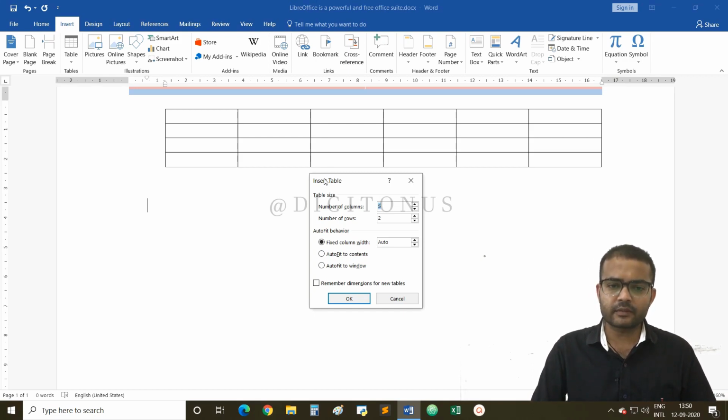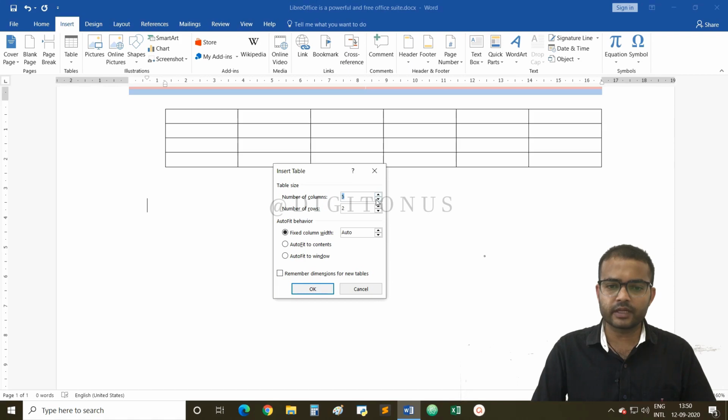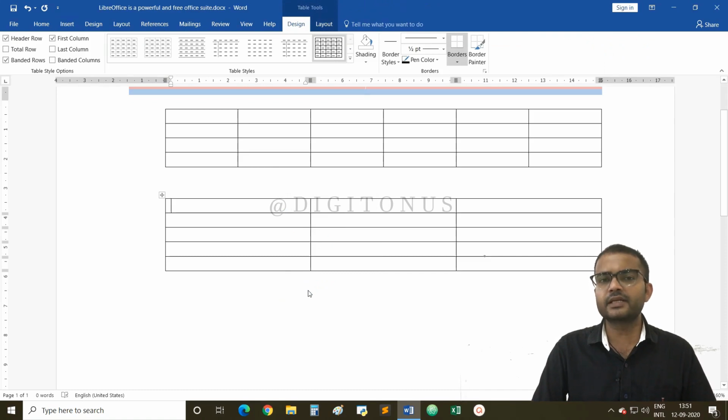Suppose I want 3 columns and 5 rows. So in the number of columns I have placed the value 3, in number of rows I have placed the value 5, and then I am clicking on the OK button. As soon as I click on the OK button, the desired table with the desired number of columns and rows will get inserted in my document. This is the second method.